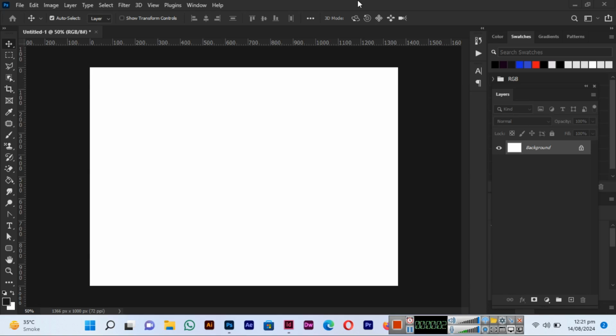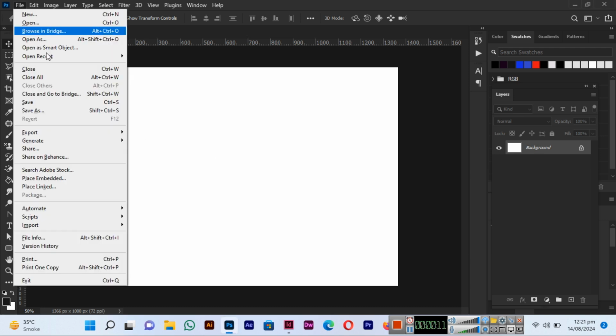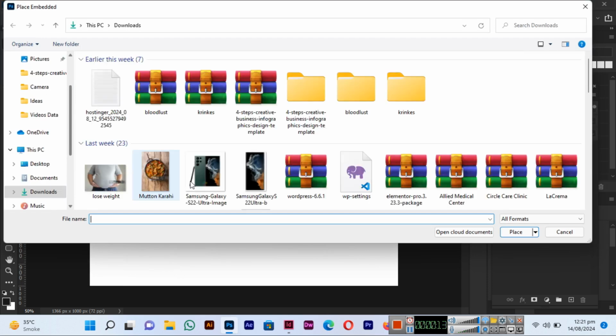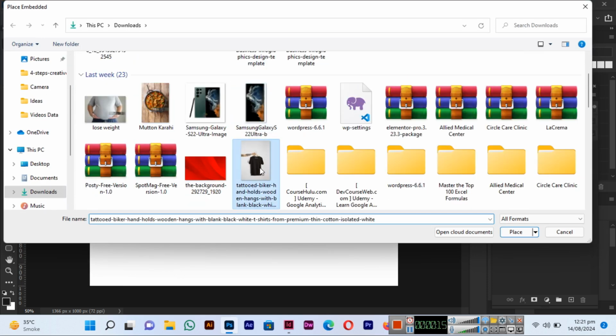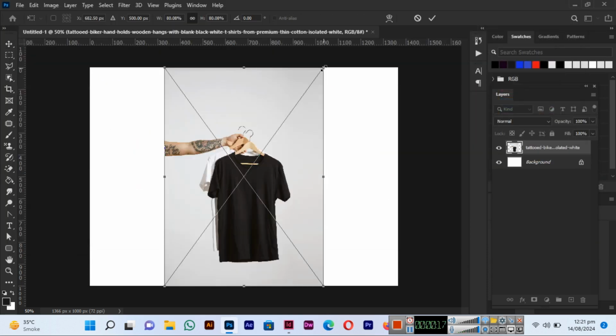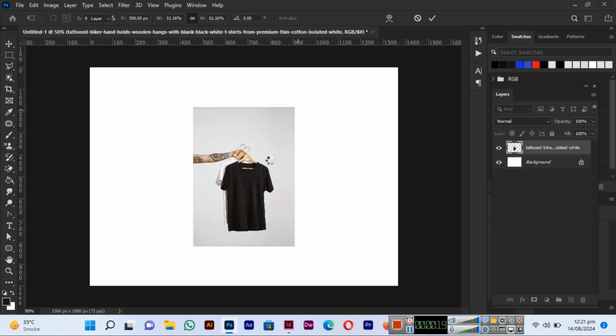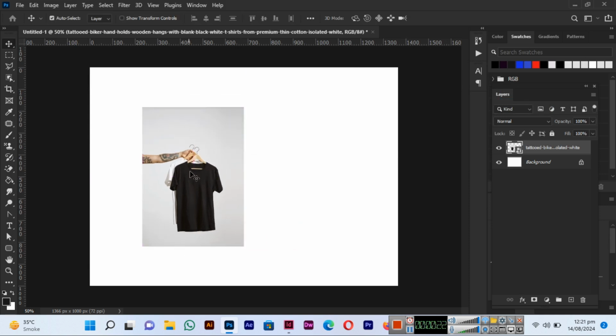In this video, we will check the best ways to create outlines using Adobe Photoshop. So you can see I have created a document. So I will go to File and Place Embedded. And for instance, if we place an image here, and if I want to apply outline to this, so what